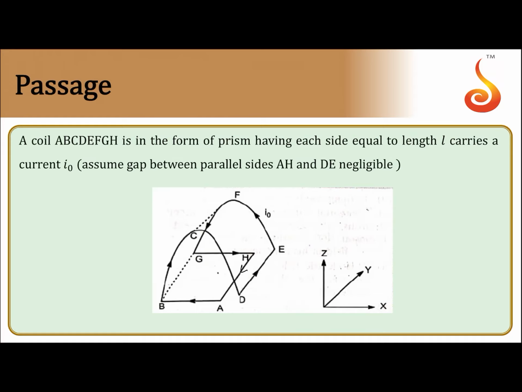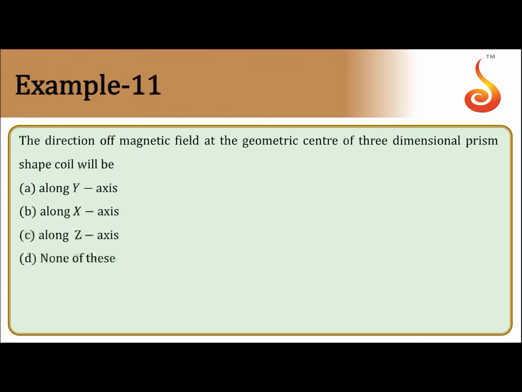And then the same is the situation for the other four wires. AB and BCD will cancel each other's field, because you can notice from the figure they are having equal currents in the opposite direction and having the same vector length also. So the net field at the center must be equal to 0. So we must go for the option, none of these.